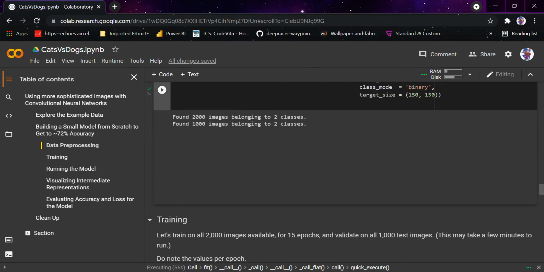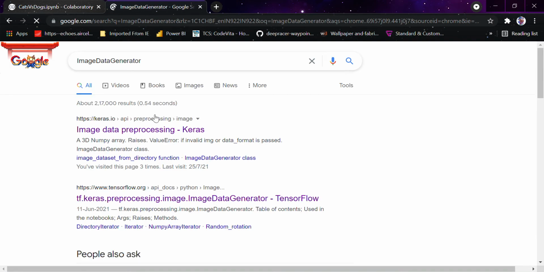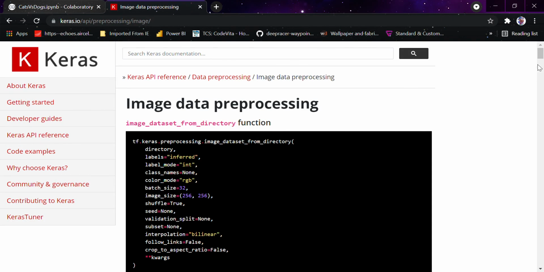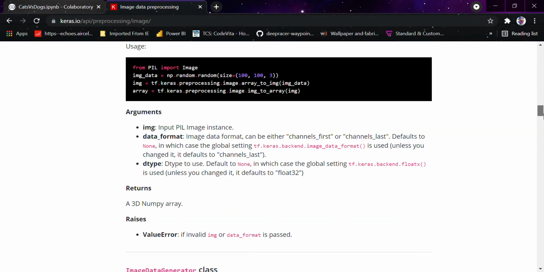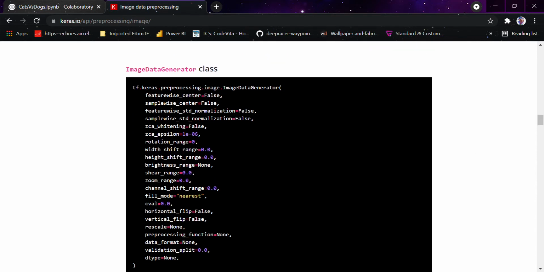Now, one thing that is clear is that when you go to the Keras API and look up ImageDataGenerator, you will find a lot of functions there, like zoom range, channel shift, fill mode, nearest. I would be telling you what all these things are. Suppose I want my image to be seen with a horizontal flip, I want the model to learn my image even if it is in a vertical flip.